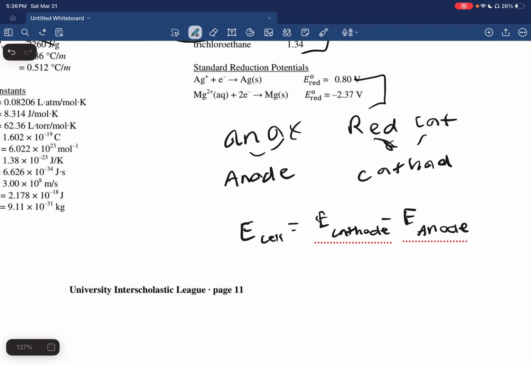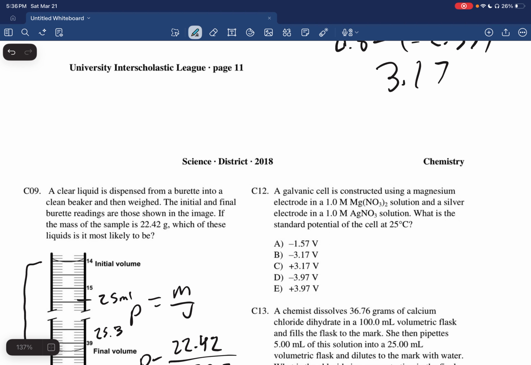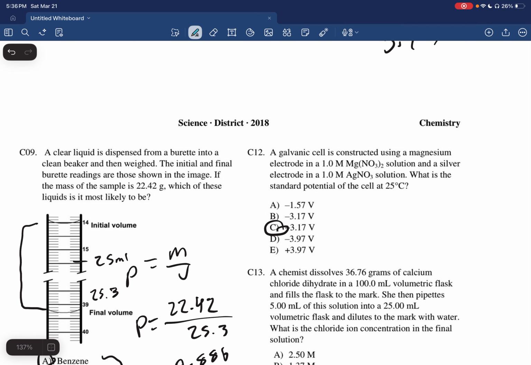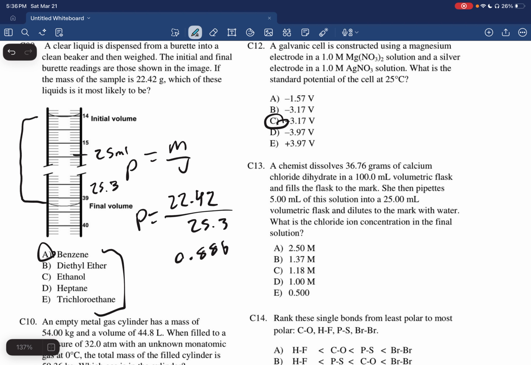So we can plug in our 0.8 potential minus our negative 2.37. And when we put that in the calculator, we'll get a standard cell potential of 3.17, which looks to be answer choice C here for question 12. Okay, so